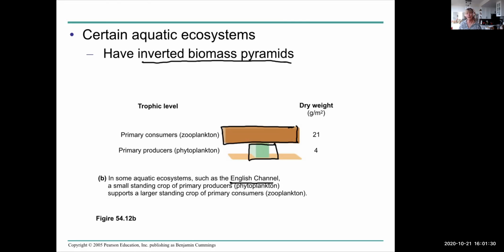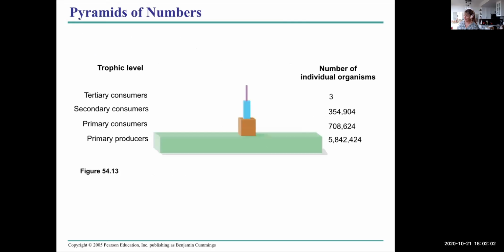It's not a simple, straightforward answer. What it is, as it turns out, is that these primary producers of phytoplankton have a really high turnover rate. So at any given moment, there's not a large biomass, but they turn over all the time. As the reproduction rate is so high, there's a constant turnover and a constant resupplying of the phytoplankton to the zooplankton. So that's the reason why that happens. It's relatively rare, I think.